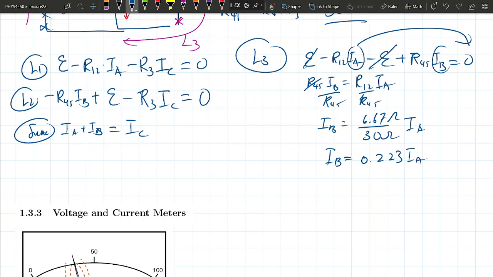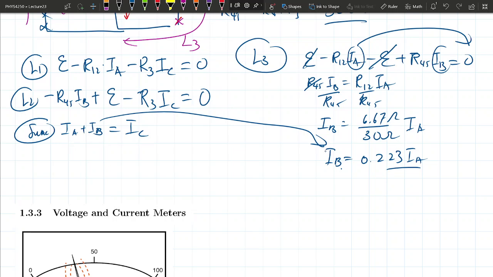Now we have this, which is nice, because what we can do is that we know what IB is. So we can basically get rid of IB in this equation here, right? R45. So IB is,